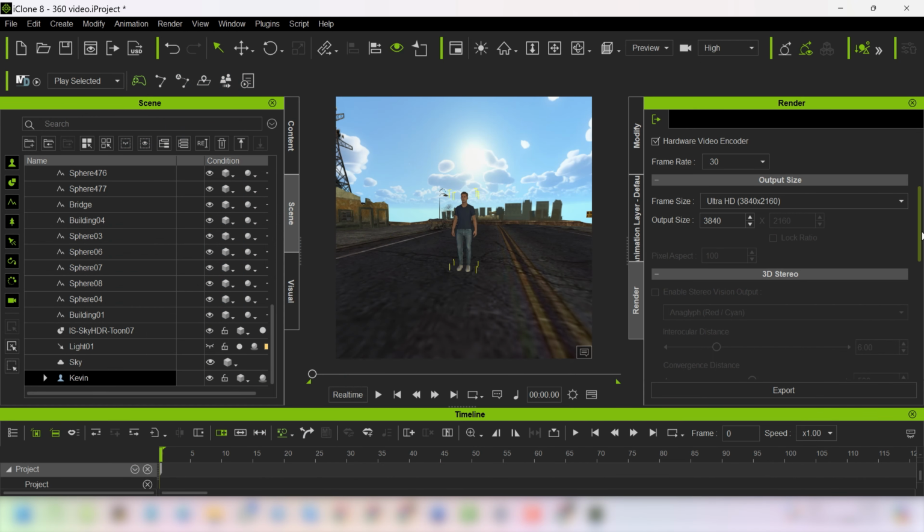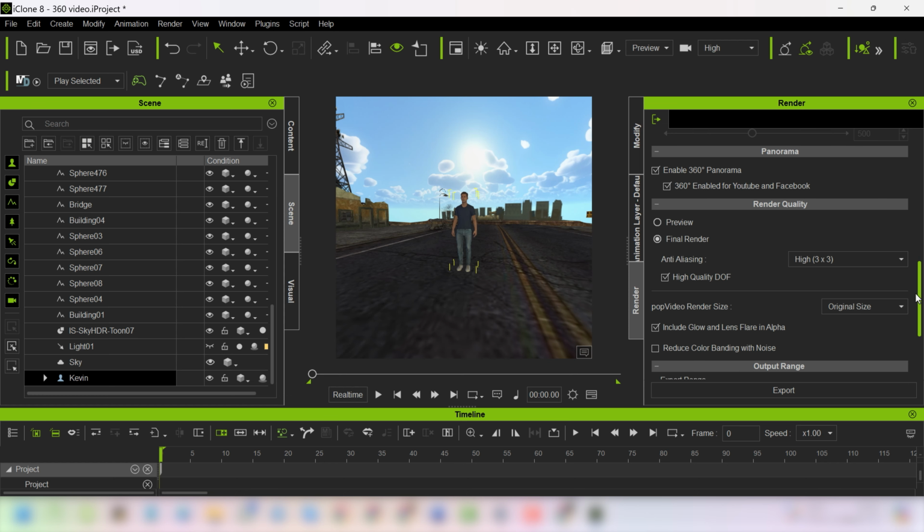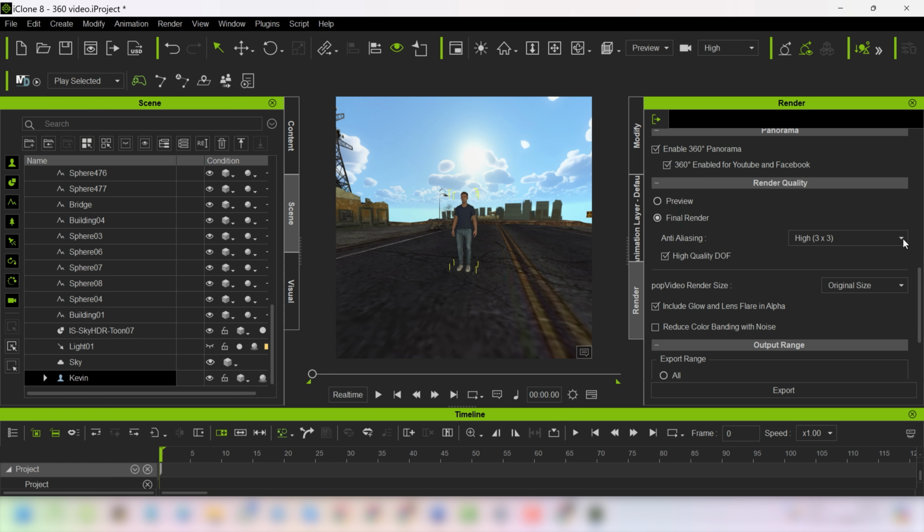I understand that rendering a 4K video will take a lot of time. In this case, I recommend lowering some parameters. For example, you can reduce this value to 5 or 6. This is enough if your video doesn't have many action scenes like fights. You can also reduce this parameter, and this will also save you time. I usually choose medium. I don't notice much difference between medium and high, except for the rendering time.